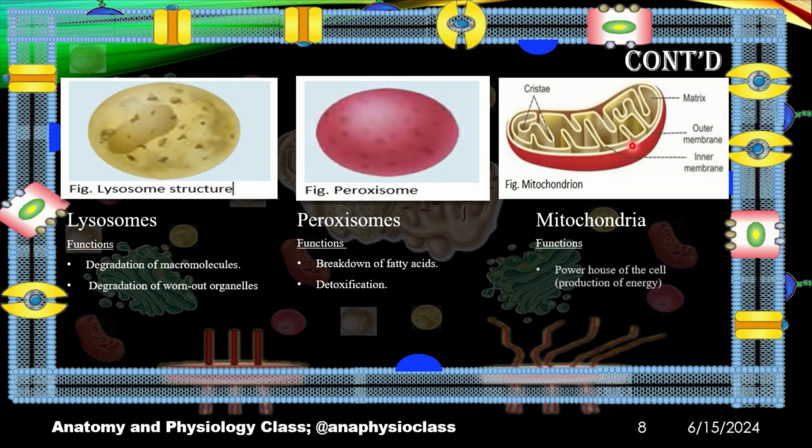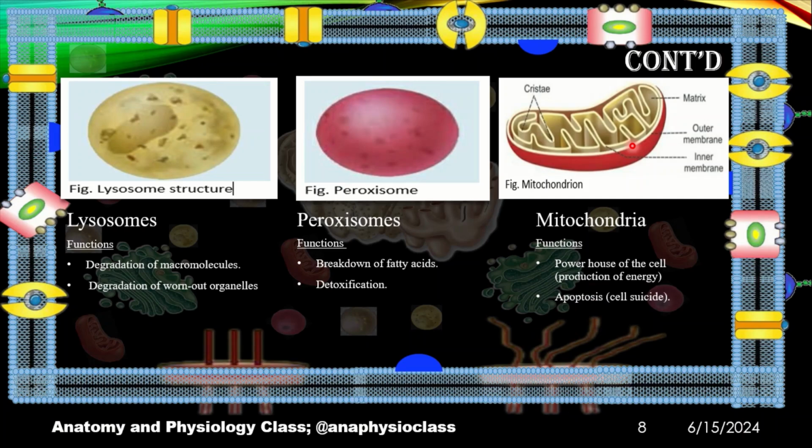So the functions of mitochondria. The function of mitochondria is to be the powerhouse of the cell. It is the one responsible for generating the electricity, or the power, that will be used in the process of cellular activities. So also another very important